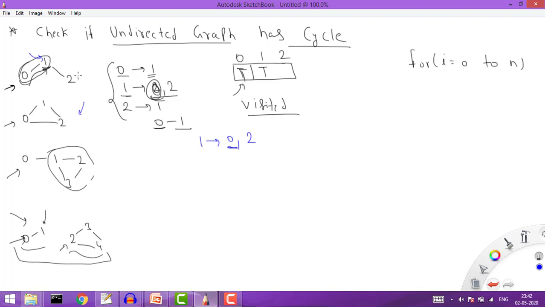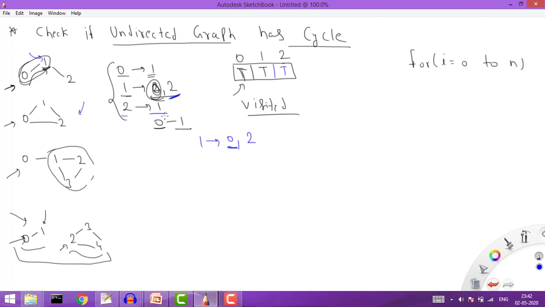First of all, let's cover this one. Now for this 0 we have covered. Now the next element is 2, right? So it means recursively again it will go from 1 to 2. Now when we are on 2, it means 2 is visited, so I will mark this value as true. Now I will again check the neighbors of 2.